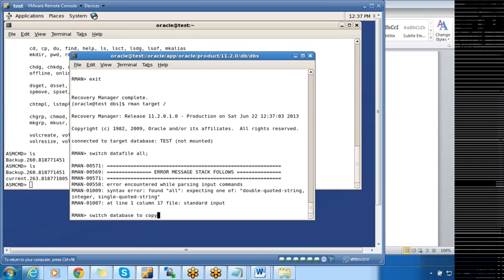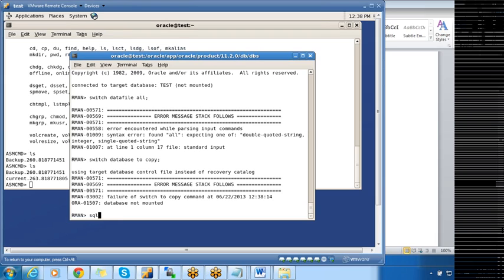Whenever we issue this command, it changes the data file locations from the local file system to ASM. We have the backup as copy in ASM, so it will make the copy the database files and also update the entries in the control file. The control file entries still point to the local file system, so to change that we use switch database to copy. This switches the data files from the local file system to ASM files, because the copy is present in ASM.